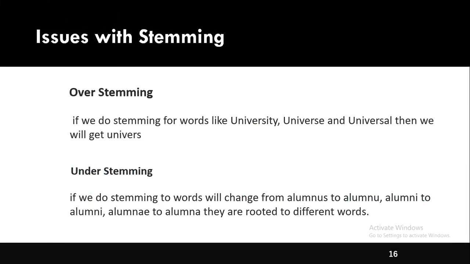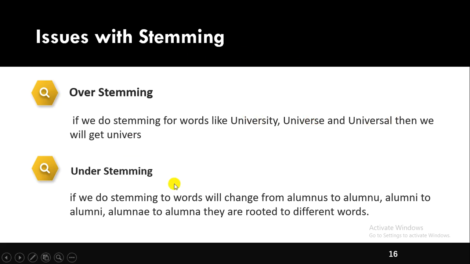There are two issues with stemming. One is overstemming, the other is understemming. If you look at these three words, they are completely different from one another. But in the case of overstemming, it returns the root word as inverse for all these three inflected words.